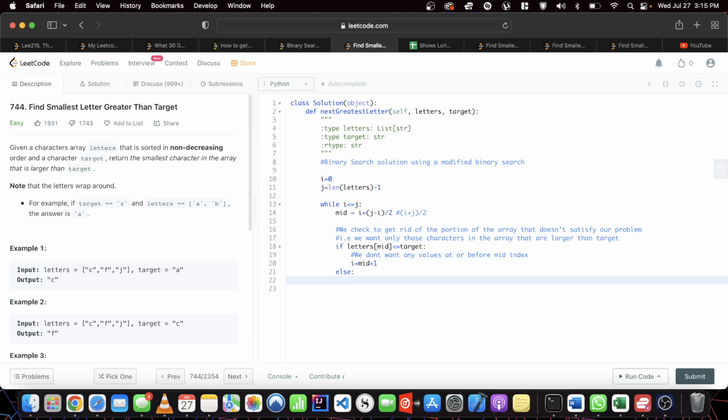Else, we don't want any values at or after the mid index. So we push our J to mid minus 1. So once this is done, this terminates when I becomes larger than J, right? And once I becomes larger than J, automatically,